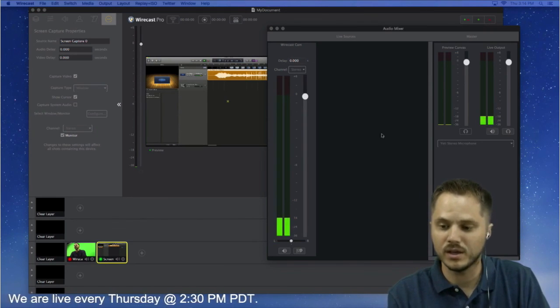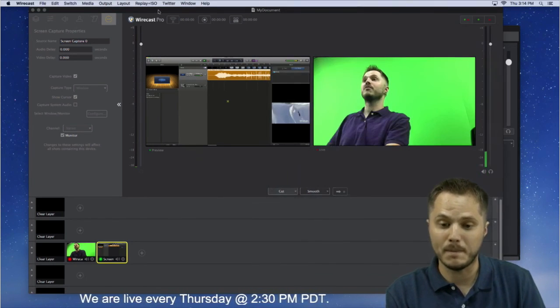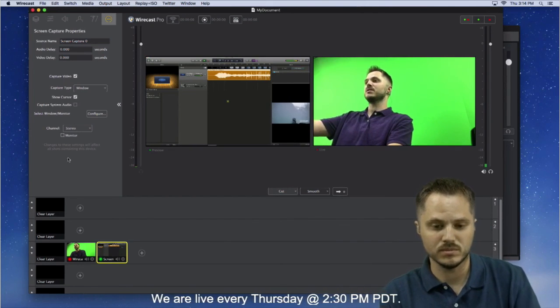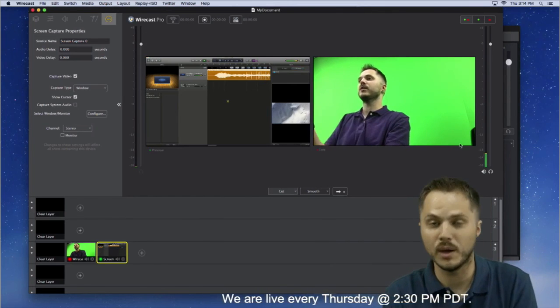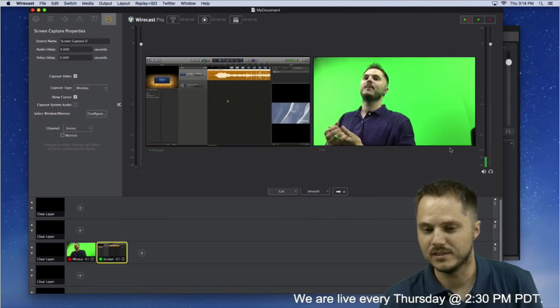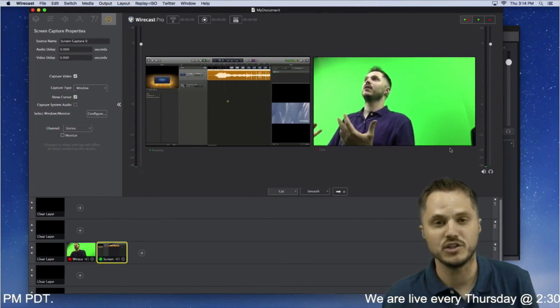Now, if you don't want to hear the audio twice, then you should turn off the monitor, and that way you can just listen to the system, listen to it here, and now you're not going to hear it showing up in the monitor, which is great. You've now mix-minused it, and that's a pretty cool feature.